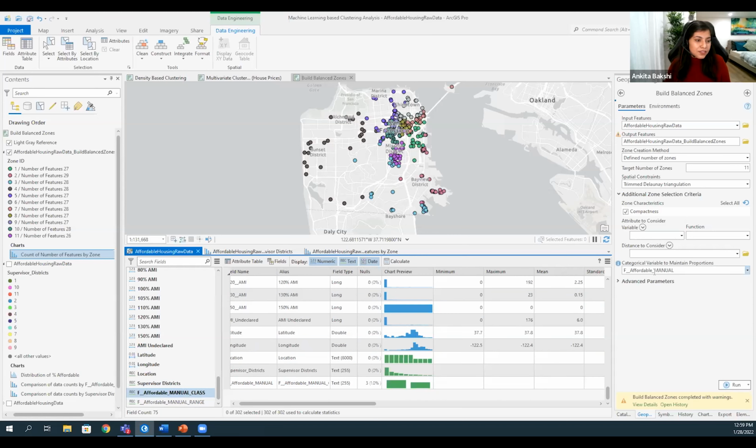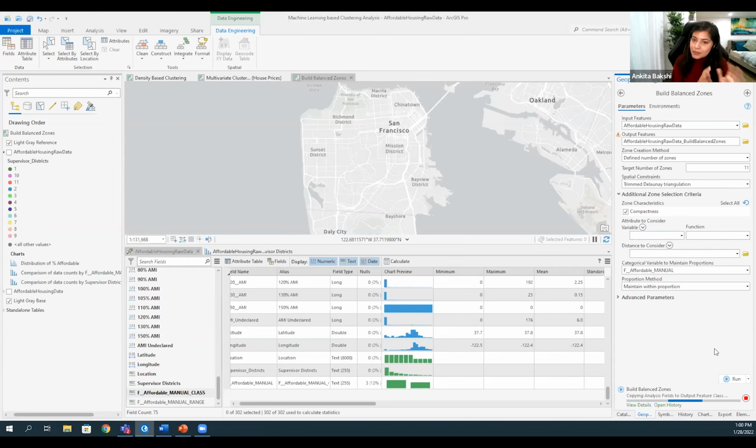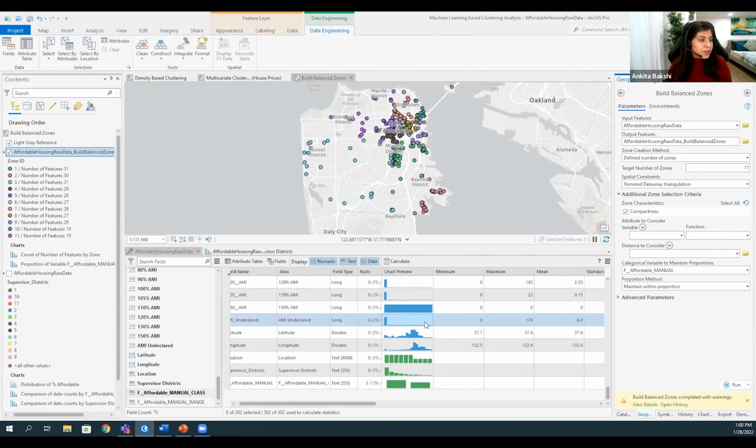I want to balance this field so that each supervisor gets almost this 60-40 split in the assignment of their work. So we want each supervisor to have about 60% of units that are at market rate and 40% that are at affordable rates, to maintain or mimic that overall data proportion. And once the tool completes, let me